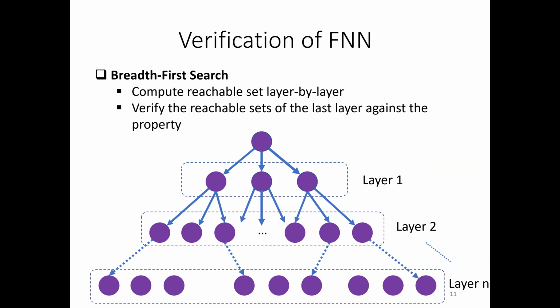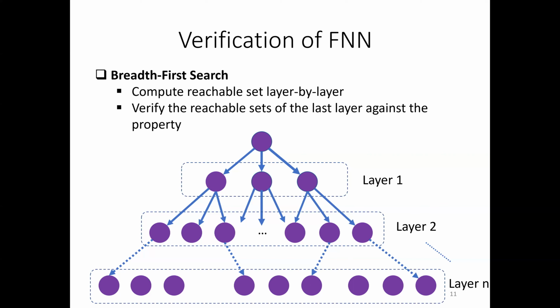Because naturally, the neural network is a very complex nonlinear function. It approximates a very complex and nonlinear behavior. That's why when you have a polyhedron input set, it's going to give you a very complex set of outputs. So that's the point. And then after you come to the last layer, you're going to verify